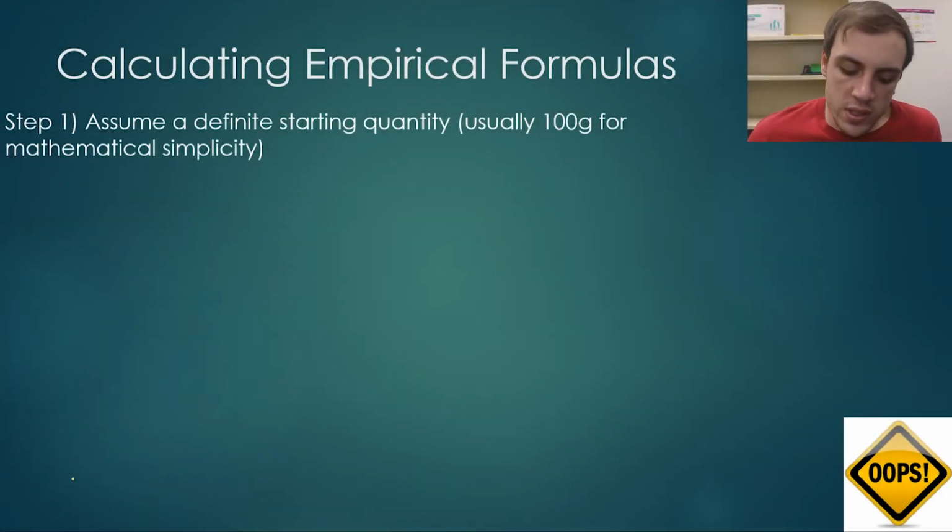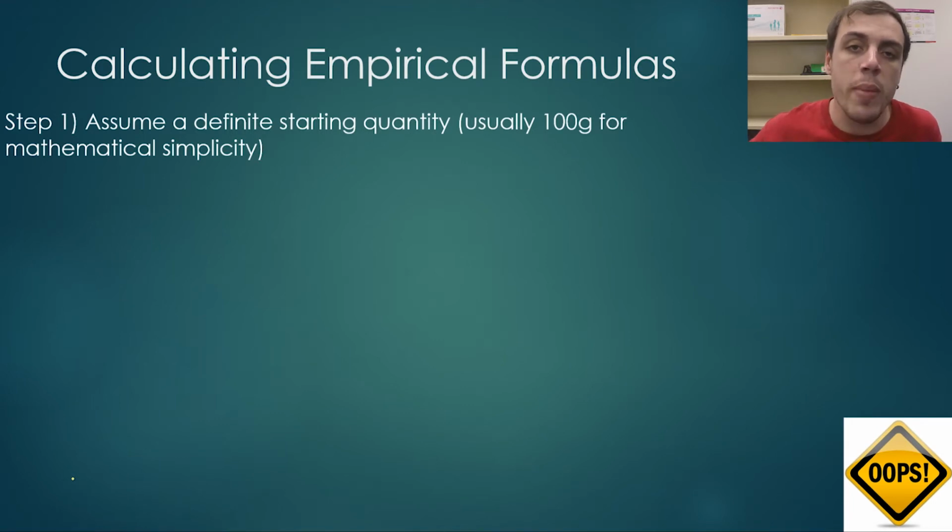So now that we've looked at percent compositions and the difference between a molecular and empirical formula, here are the steps that you need to perform to convert an empirical formula to a molecular formula via the use of percent composition. So to do this, no matter what your compound is, assume that the starting quantity is 100 grams. The reason why we choose 100 grams of a particular substance is just for mathematical